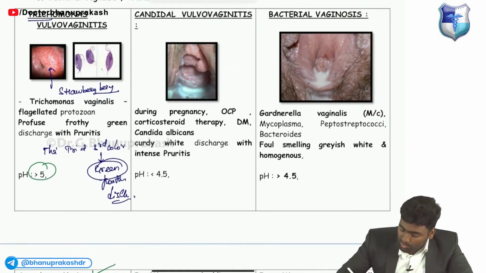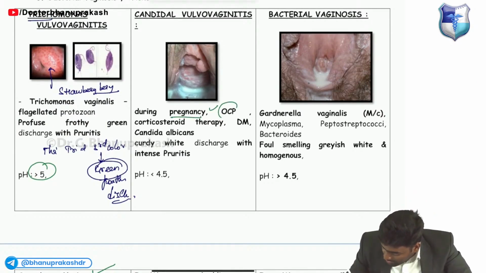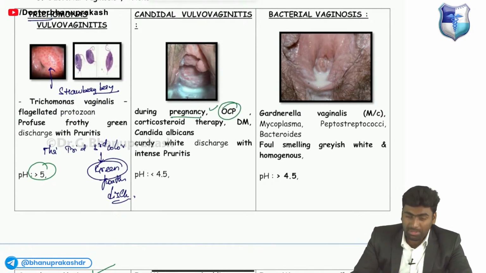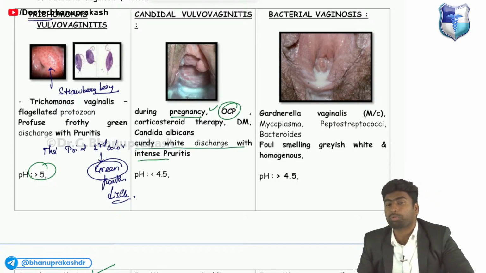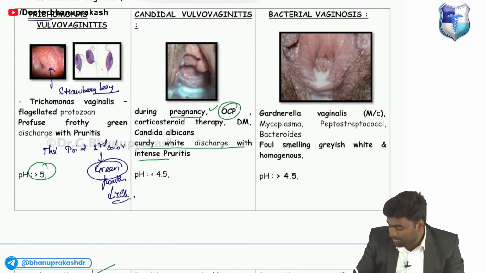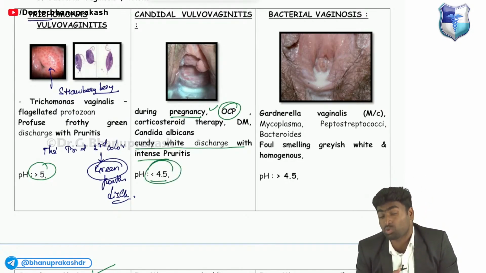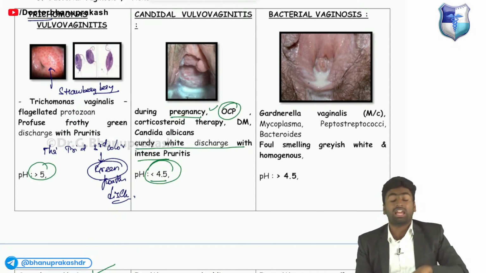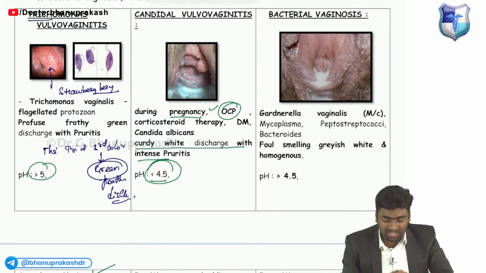Okay, and then there will be a patient who is pregnant, or on OCP pills, or diabetic, now presenting with curdy white discharge with more pruritus, and while checking, the pH is less than 4.5. The disease mainly associated with this lower pH and curdy white discharge is seen in a case of candidal vulvovaginitis or